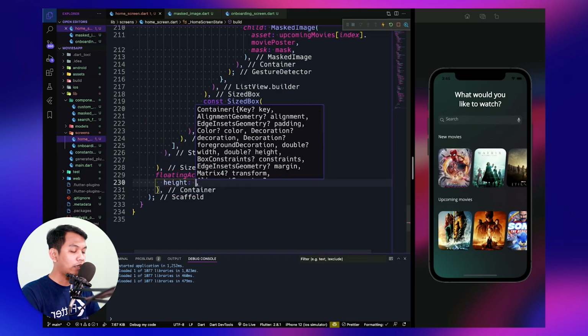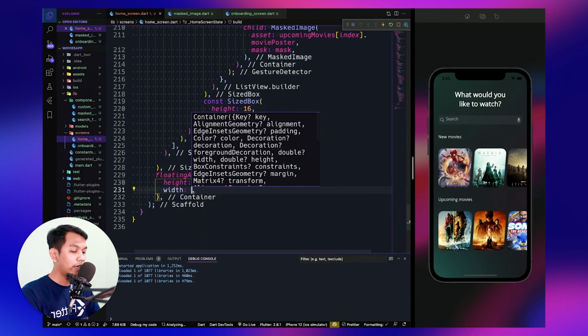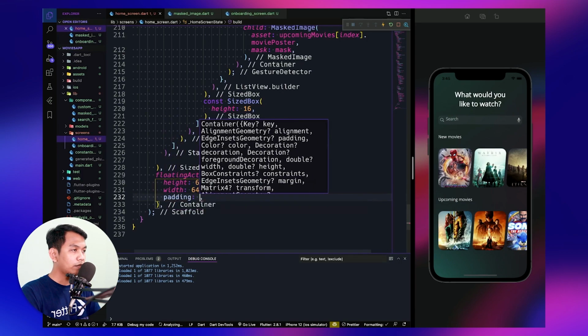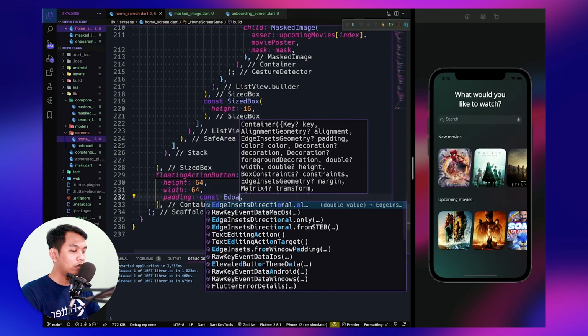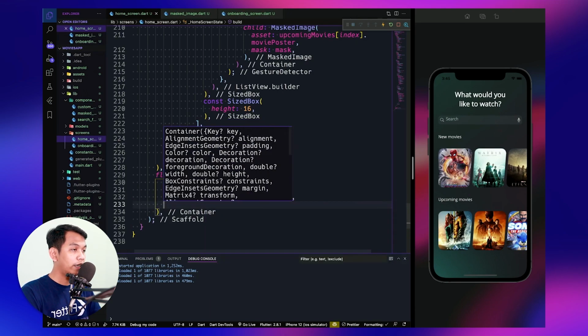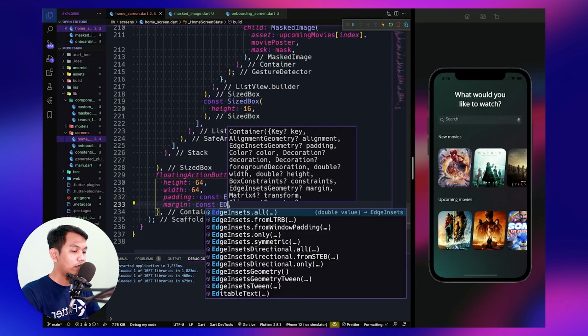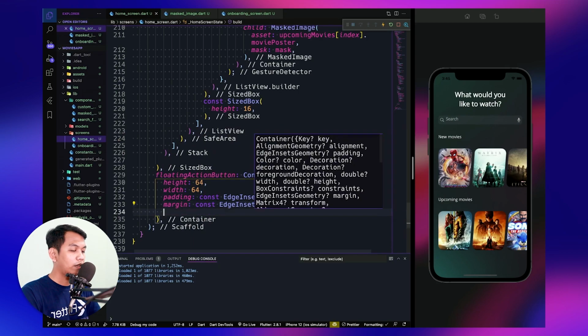Inside this container, we will say 64 for the height and 64 for the width. For the padding, we will use all 4, and for the margin, we will say only top 40.